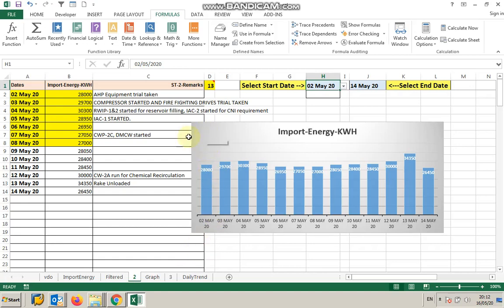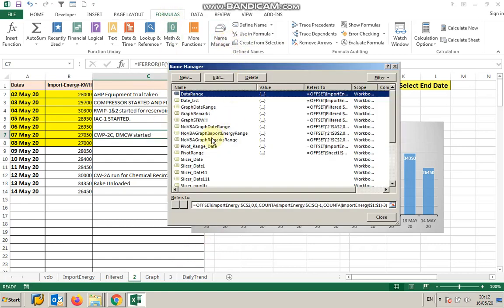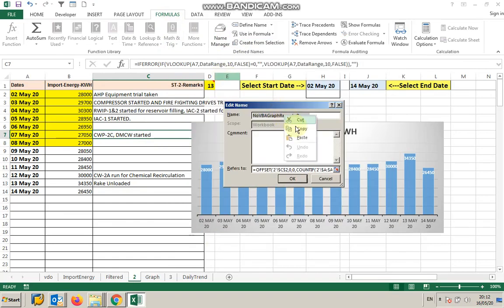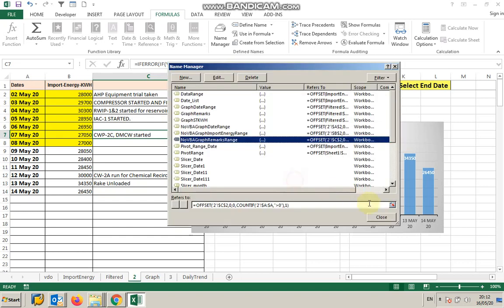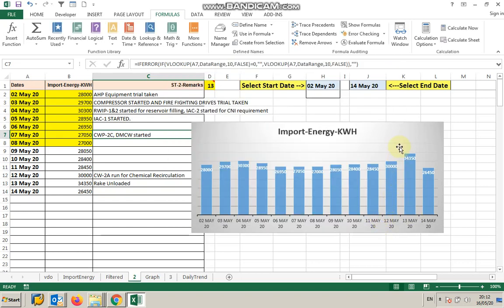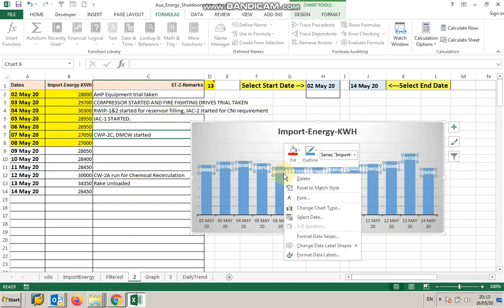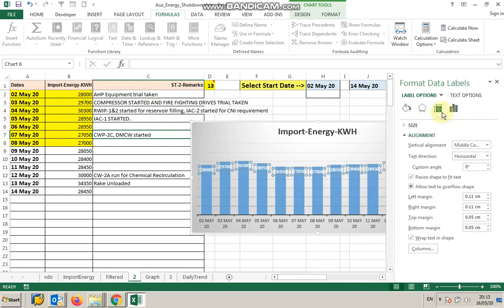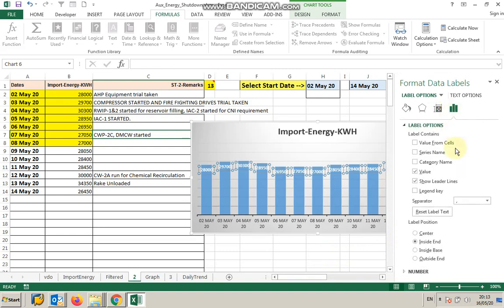For inserting the comment, again I will copy the name of the remarks from the Name Manager. Now selecting this data label, Format Data Label, I will prefer to put it inside base, and rotate it 270 degrees so that it becomes like that.